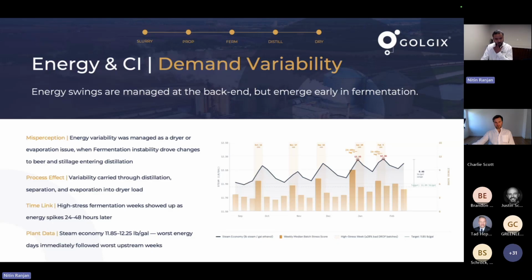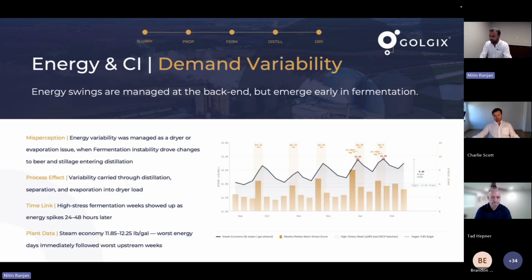Whenever we talk about CI score on the plant operation side, we associate everything to dryer energy, because that is where the most natural gas is being used, right? So dryer energy is one of your biggest controllable cost and CI levers. But I would say most plants treat it as a back-end problem, and actually it's not. It's a holistic problem. It starts all the way at milling and cook and fermentation and propagates downward, as I have shown in the